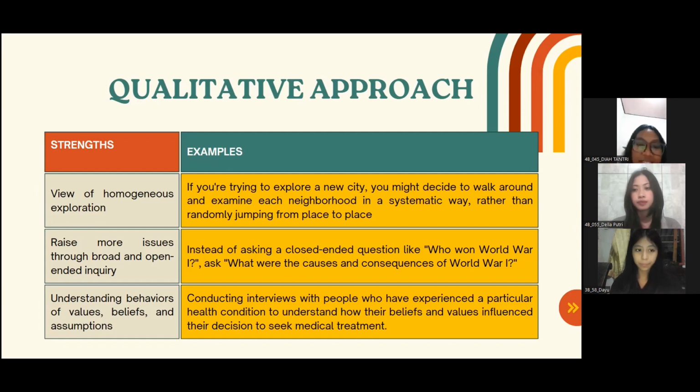The last but not least is understanding behaviors of values, beliefs, and assumptions. Qualitative research is a type of research that seeks to understand people's experiences, behaviors, and perspective through open-ended and exploratory methods. One of the strengths of qualitative research is that it allows researchers to gain a deeper understanding of how people's value, belief, and assumption influence their behavior. By using methods such as interviews, focus group, and observation, qualitative researchers can uncover the underlying motivation and thought process